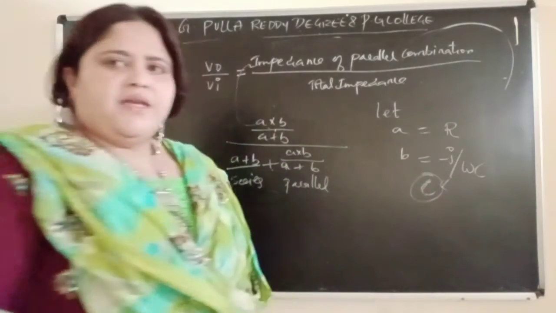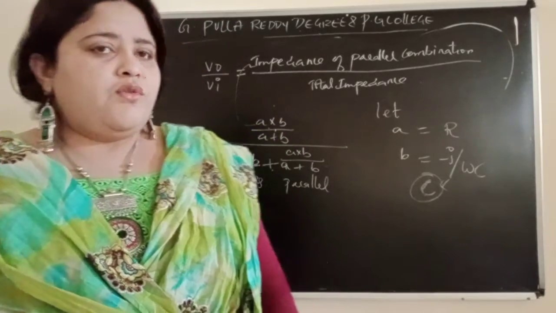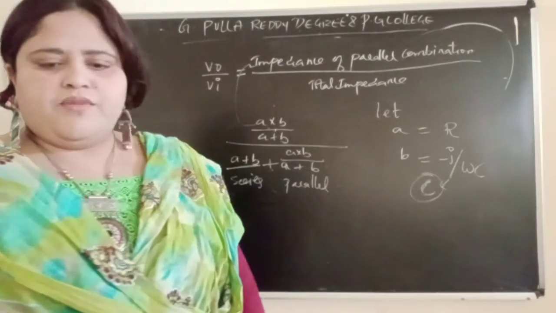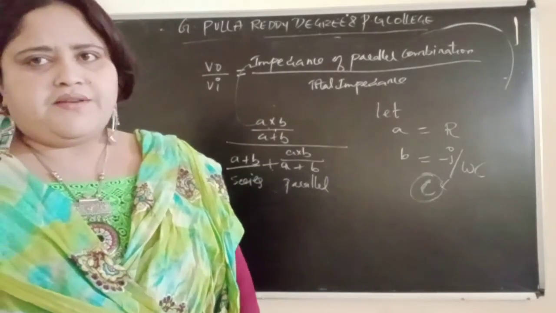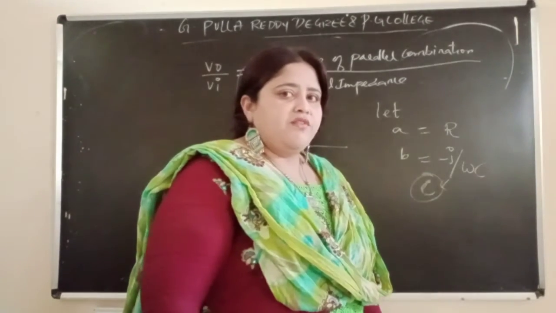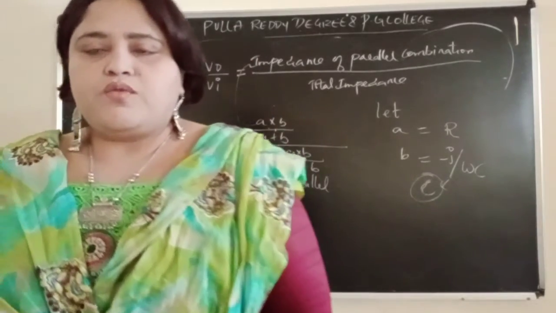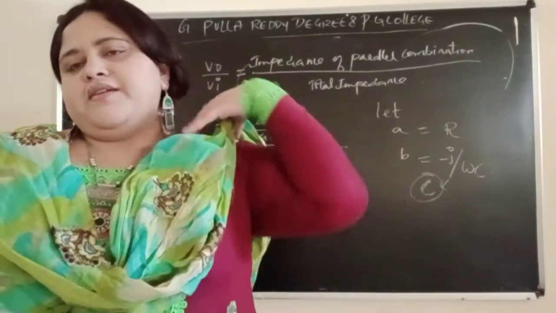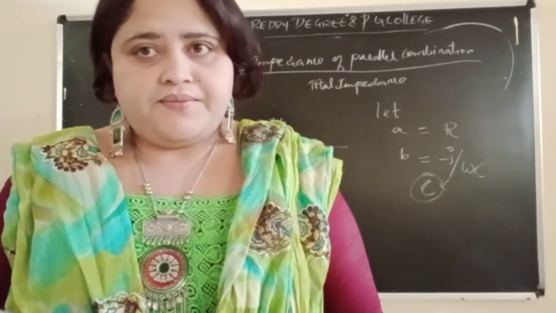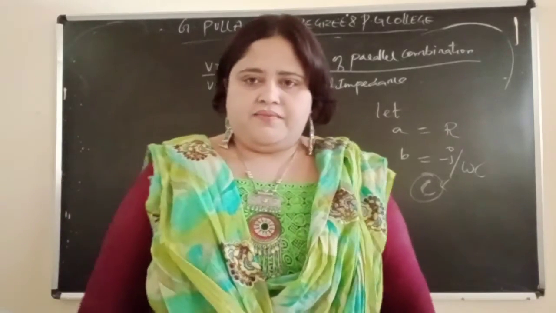Okay. B is nothing but the capacitor. A is nothing but R. So what will you write here? Since A is R, simply write R, because the impedance will be the same. Now the impedance of B. B is the capacitor. Capacitor means you will write minus j by omega C.